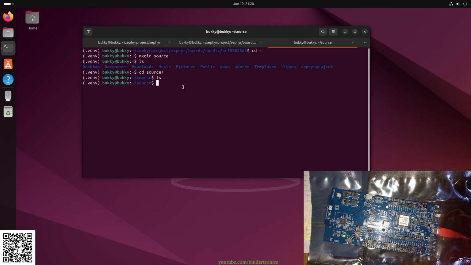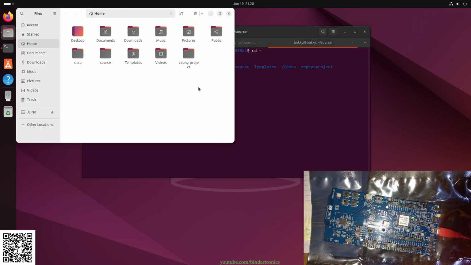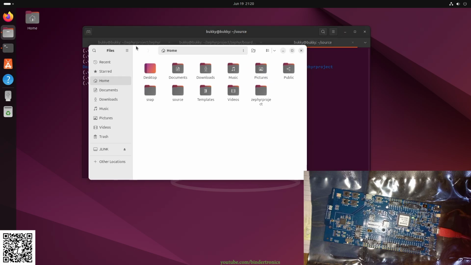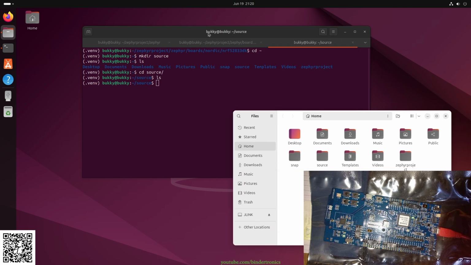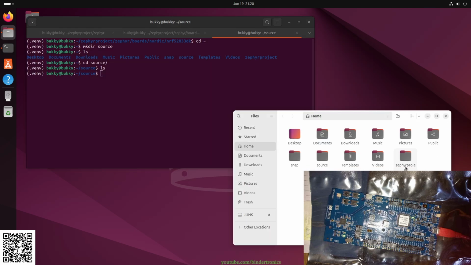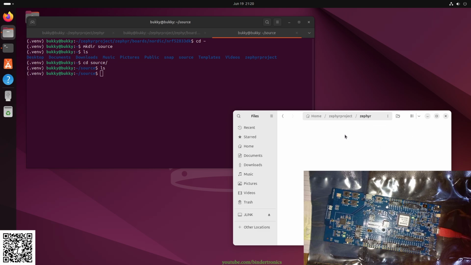Next, we want to copy the Blinky example to our source folder. So we're extracting the Blinky folder from the SDK itself, so we have a separation of concerns when it comes to the SDK. I'm not building inside the SDK. Completely separate, isolated environment. So what we want to do is find the Blinky example, which will be in our Zephyr project,